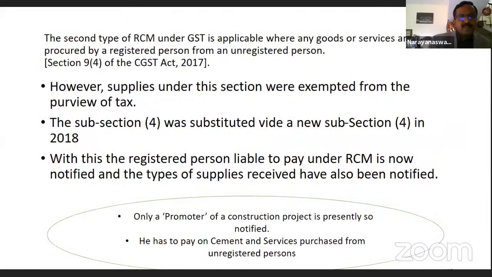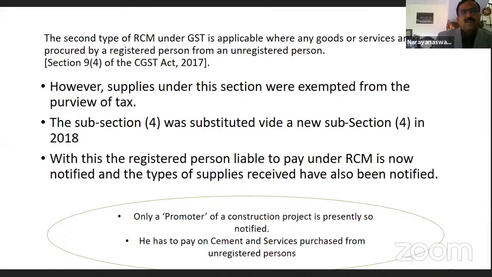But there is another category, that's called 9(4). 9(4) is a very interesting provision in the GST regime. You know, there are a lot of unregistered persons who are below 20 lakh or 40 lakh. They are not required to register. But there are registered companies which are bigger in stature, and they get the raw material and services from the smaller people. So the government had a vision to incorporate all these transactions into the mainstream.